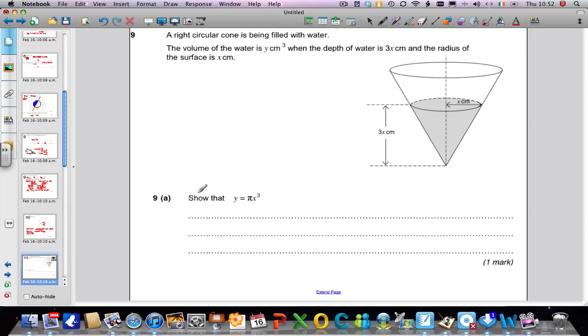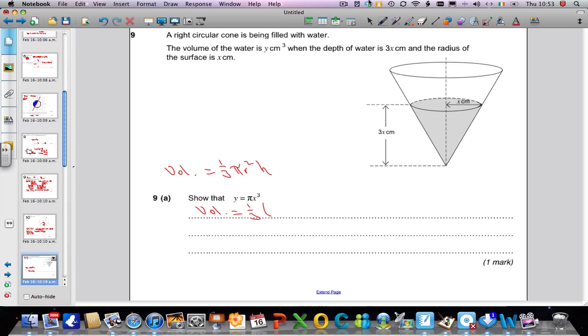Now what you're going to need here is your formula, which is in the front of your booklet, and we're looking for the volume of a cone. The volume of a cone is 1/3 times pi times r squared times h. Right, so going back to our diagram, all we've got to do is substitute in. So the volume is going to be equal to 1/3